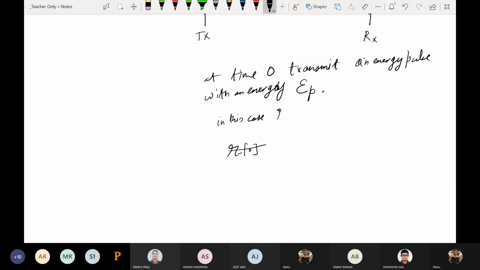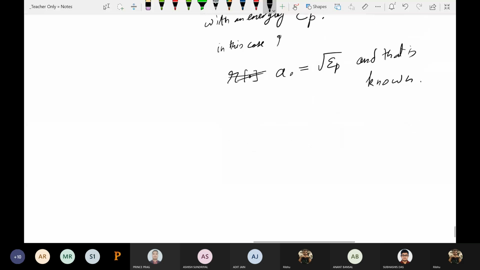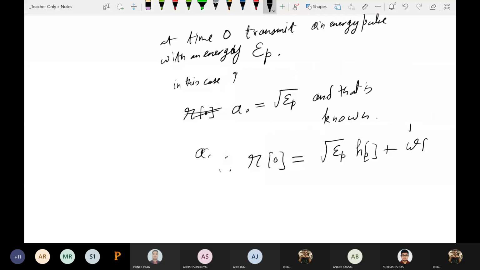So A0 equals a known value, right? Therefore R0 is root E_P times H0 plus noise, and we do not transmit anything till